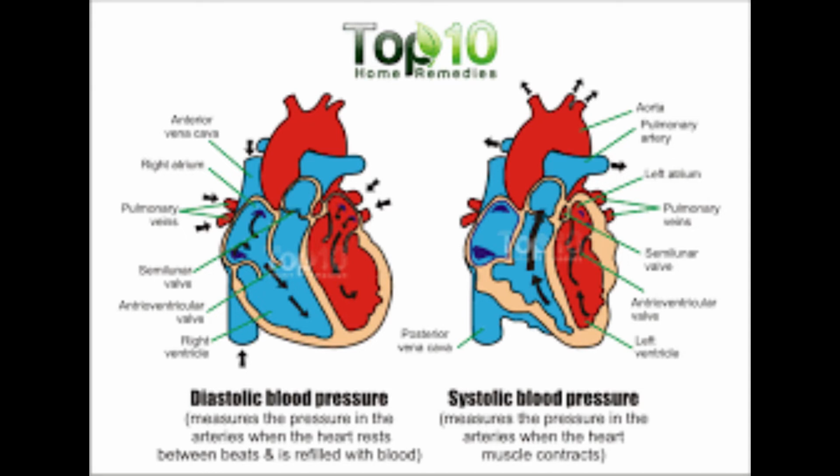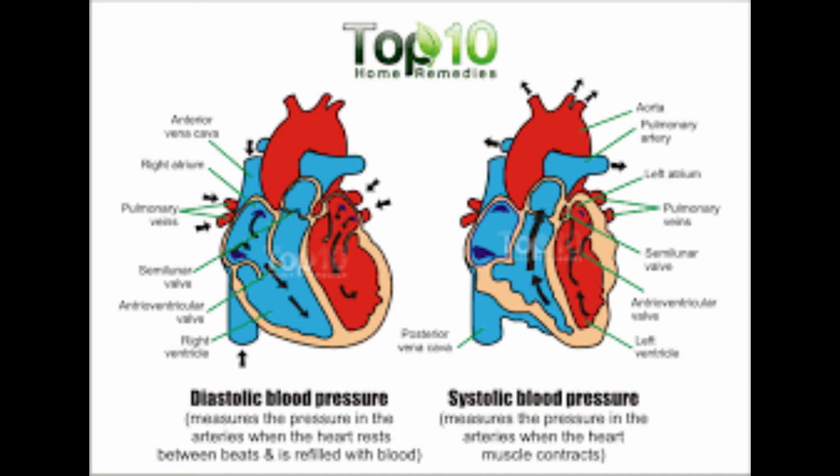When the ventricles contract and pump blood into the aorta and pulmonary artery, the pressure will be high and regarded as the upper limit. This is called systolic pressure. It is equal to the pressure exerted by a column of 120 mm of Hg. Mm of Hg means millimeters of mercury. When the ventricles get filled with blood from the auricles, the pressure will be low and it is regarded as the lower limit. This is called diastolic pressure. It is about 80 mm of Hg.